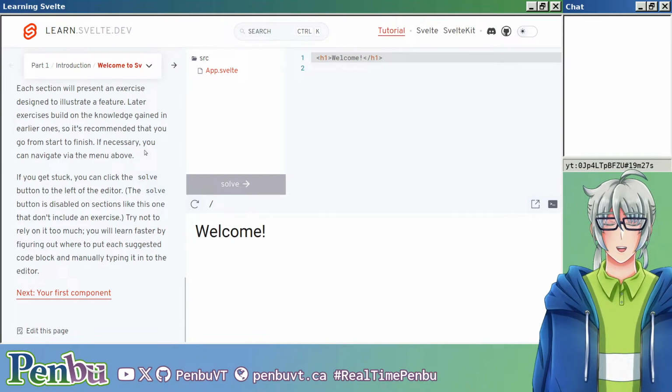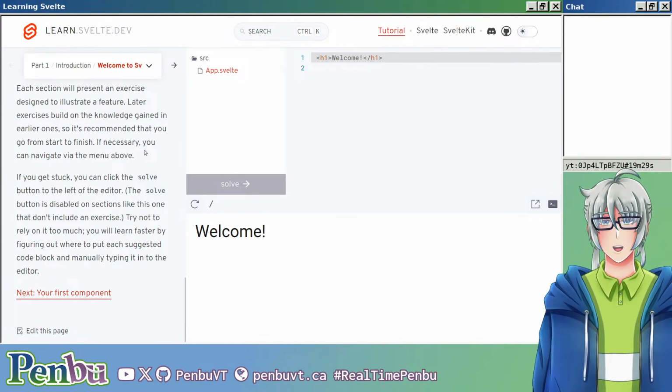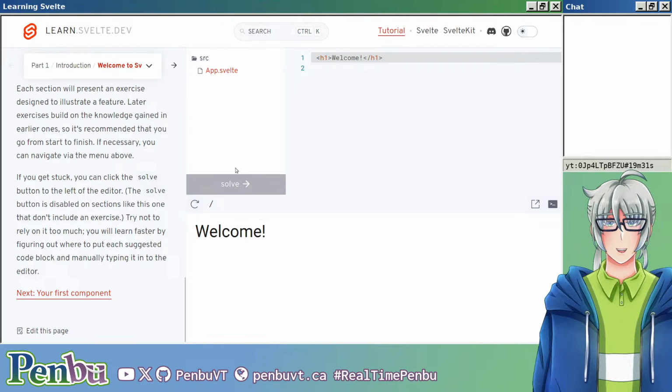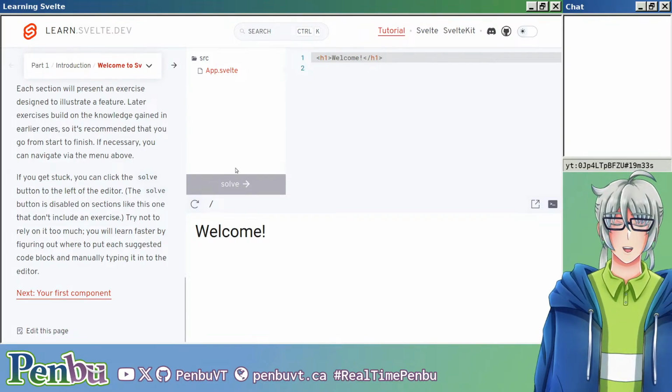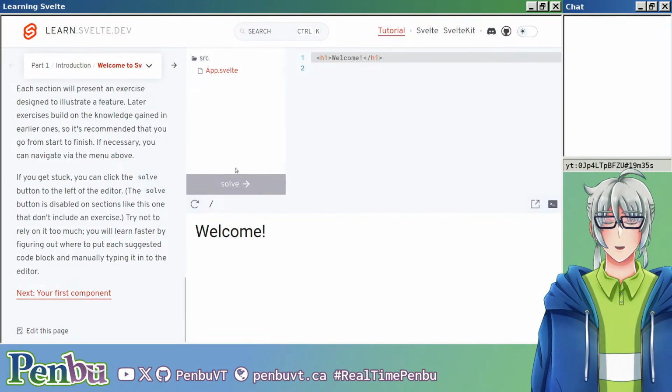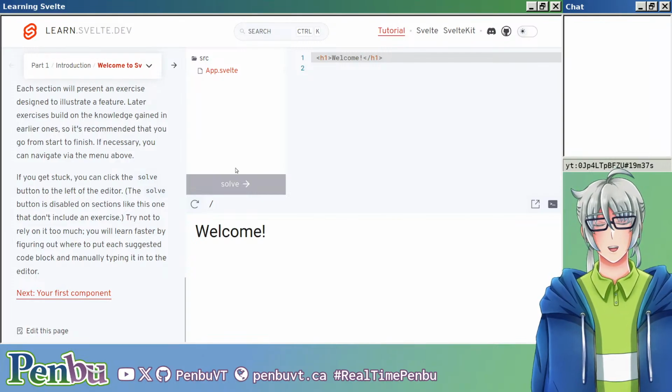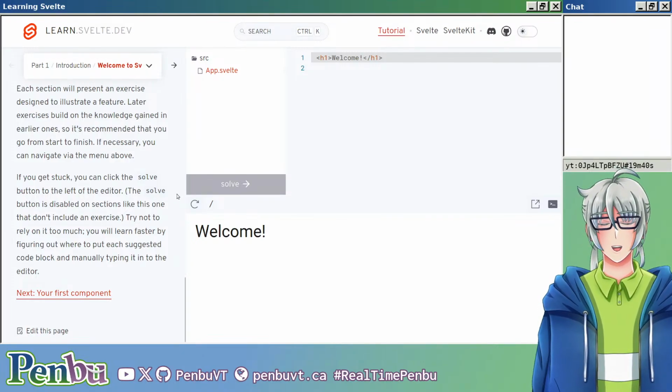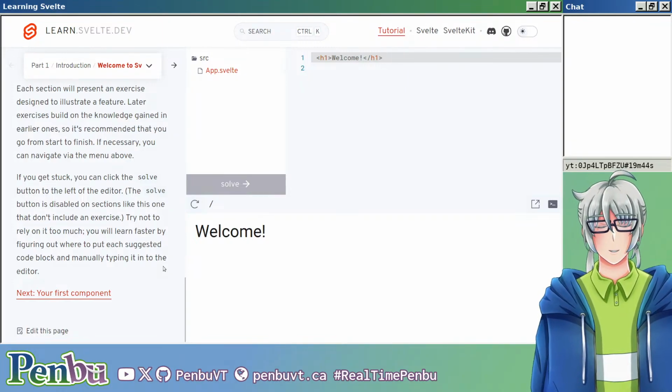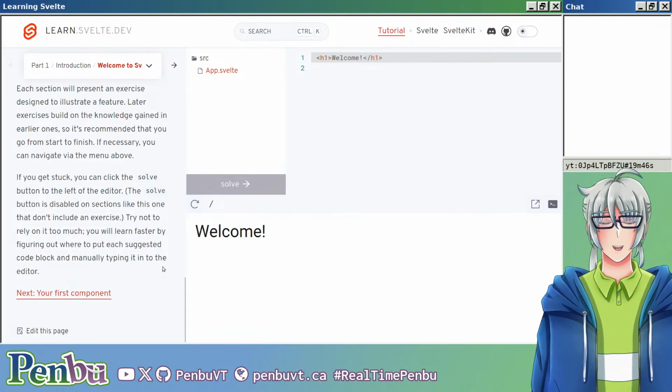If you get stuck, you can click the Solve button to the left of the editor. The Solve button is disabled on sections like this one that don't include an exercise. Try not to rely on it too much. You will learn faster by figuring out where to put each suggested code block and manually typing it in the editor. And that is something that